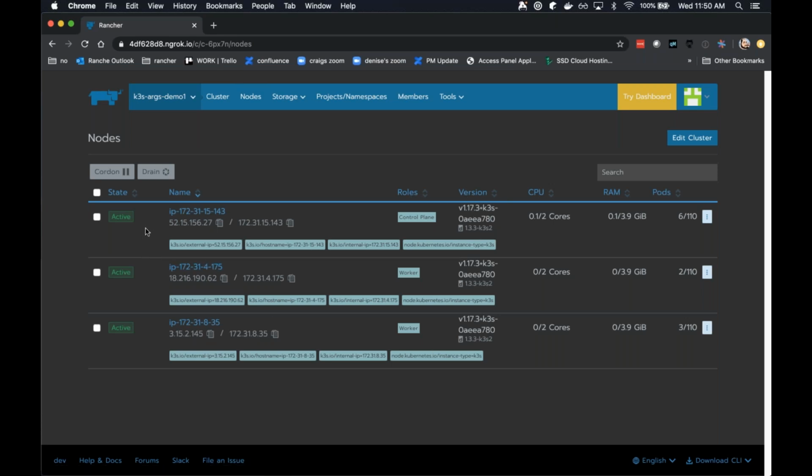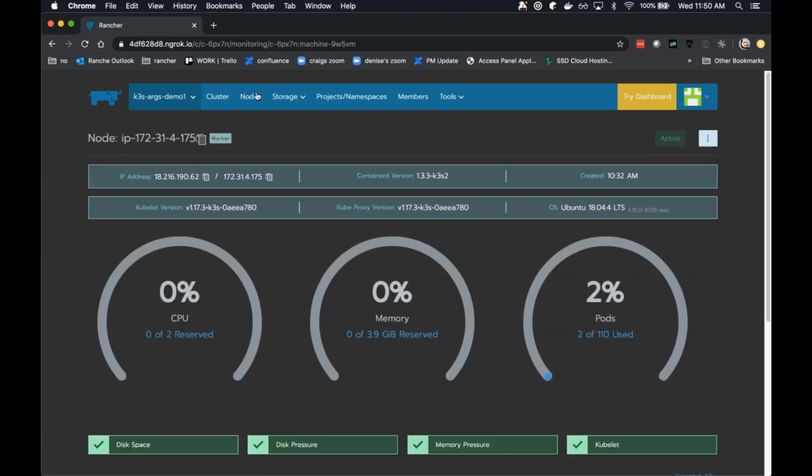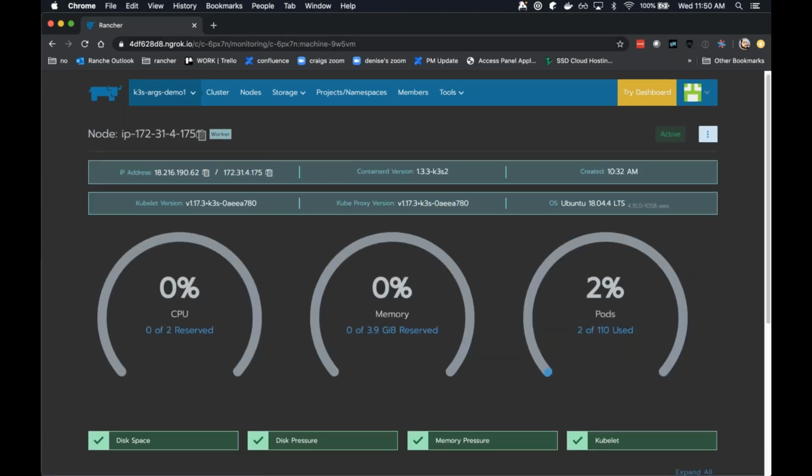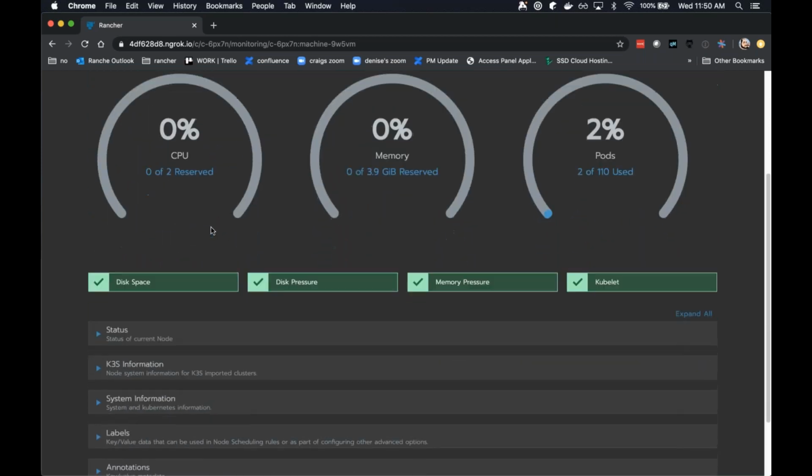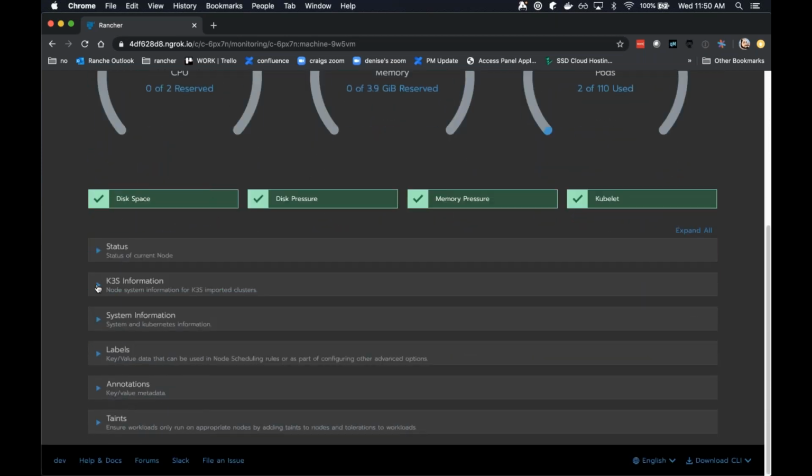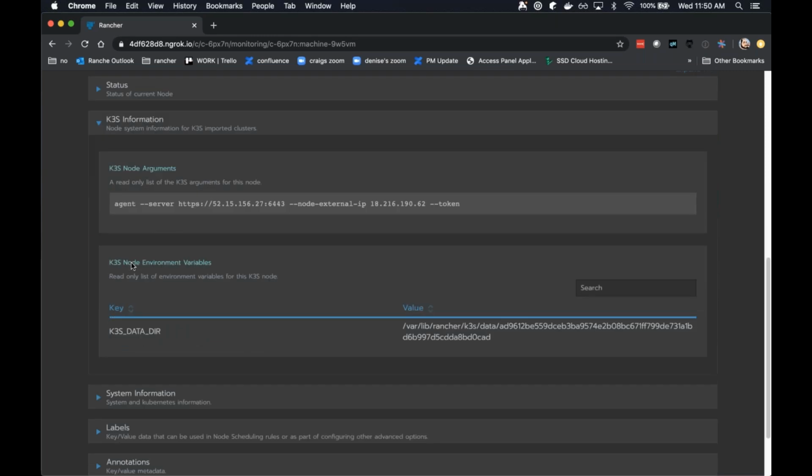And what we were just looking at was the master node, but you can see we did the same thing for the worker nodes as well. So we've added a K3s information section down here, and you can see exactly how each node in your cluster was launched. And what I did here was I added just an explicit external IP so that you could see something actually interesting. So this gives you a good bit of visibility into your K3s clusters and how they're configured, and